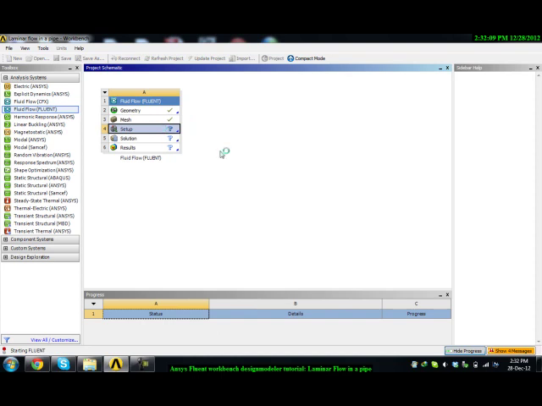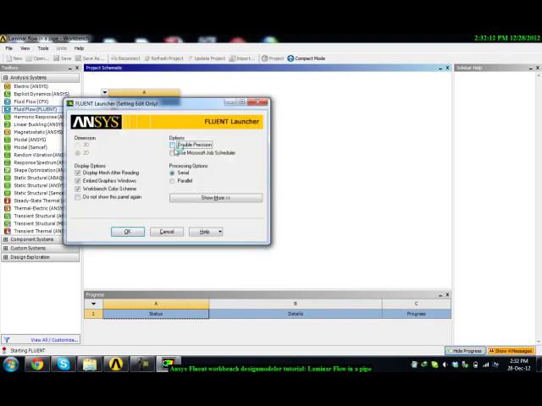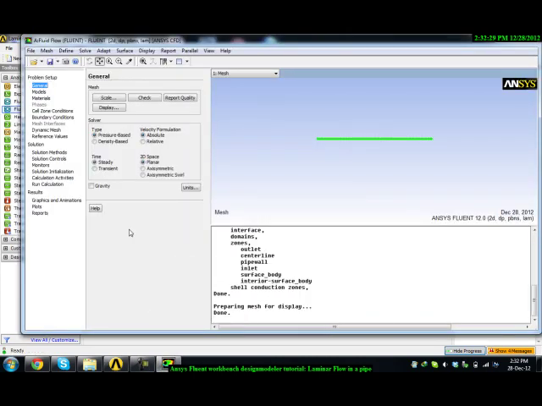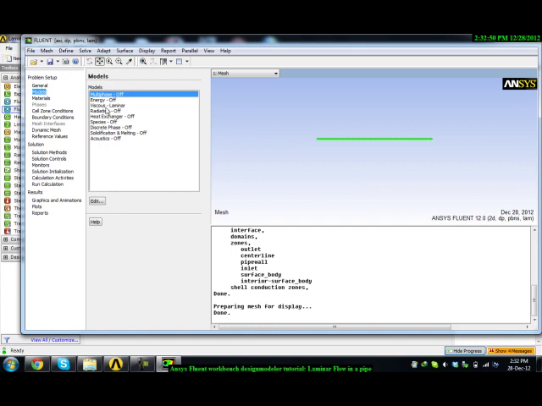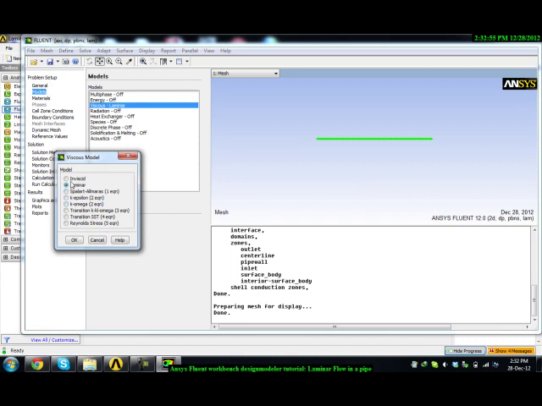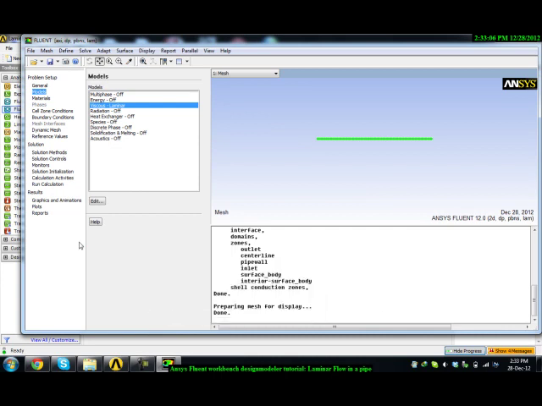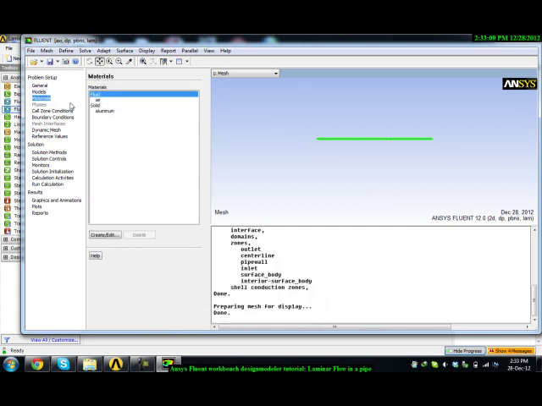Okay. Double click on setup and this should open Fluent. Go to double precision and select OK. So this will open up Fluent. So we'll go to general and select pressure based, steady state, axisymmetric, and then we go to models, select viscous laminar, which is already selected, and say edit. Here you see it is already laminar. Say OK. Then we go to materials,